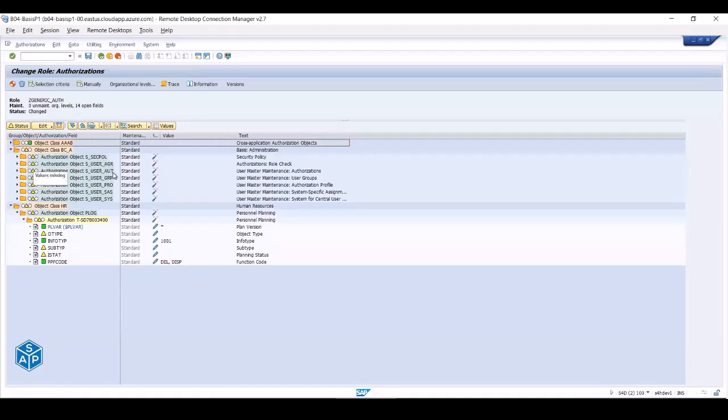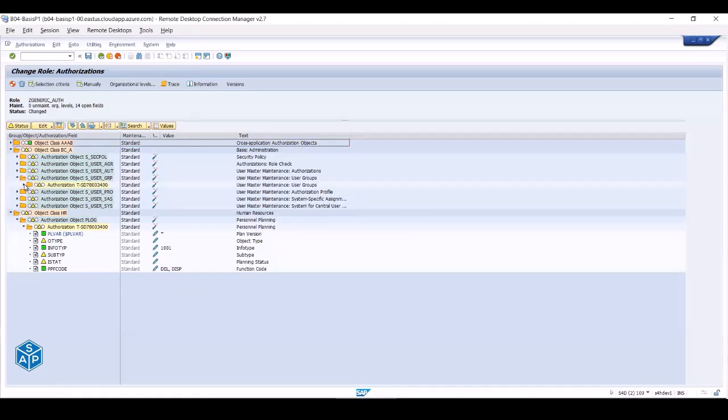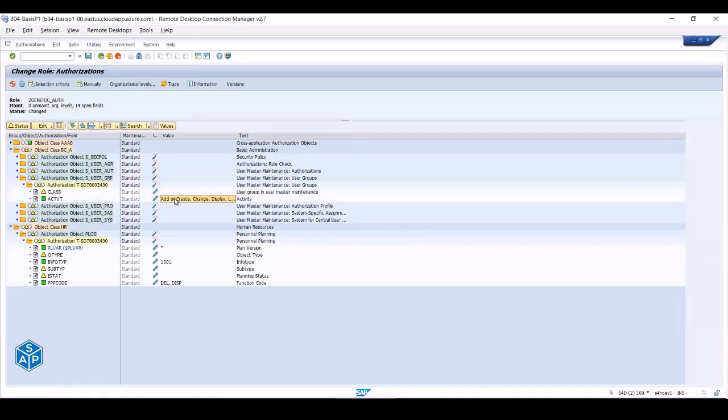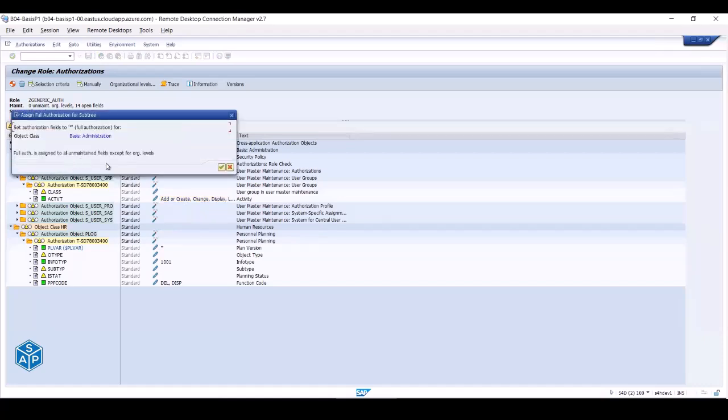Okay, user aggregate, user group. Can you see, this is for the user groups. So here are the authorization objects for the user group. By default, he has assigned add, create, change, display, lock, delete, assign. Okay, now if I go directly into this one,